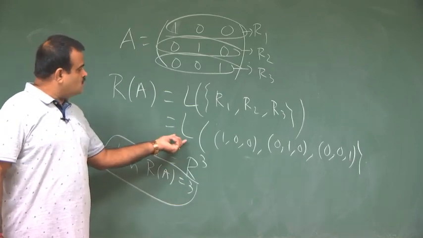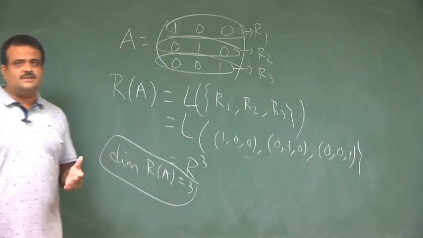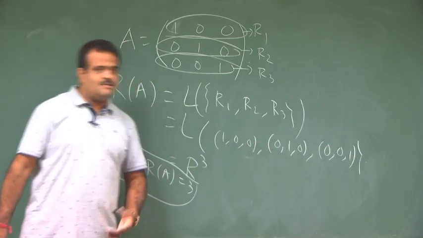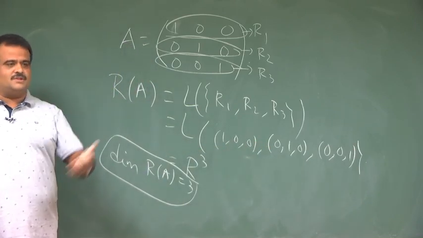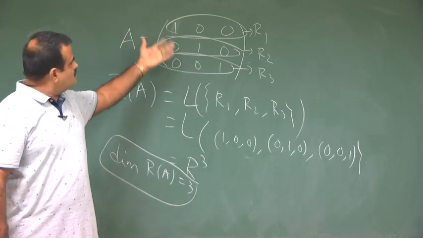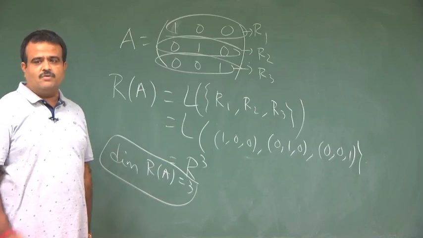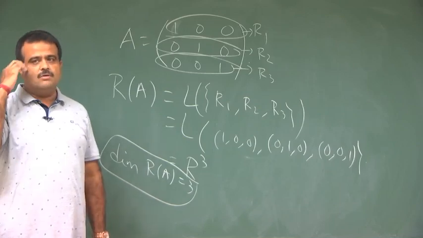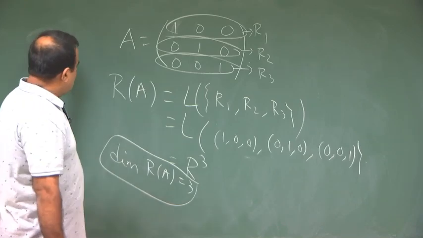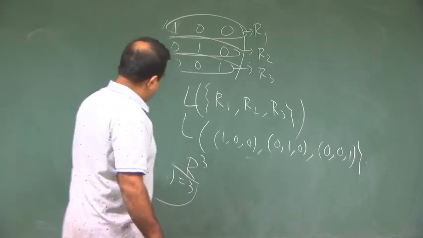We know this is a vector space, so we need to find the basis of this vector space. Now, since these are 3 linearly independent vectors, they will form a basis. But for a general matrix, these rows may not be linearly independent; we may have dependent vectors in the rows, and then we have to get the basis of that. So, how to get the basis of that? We will take an example.